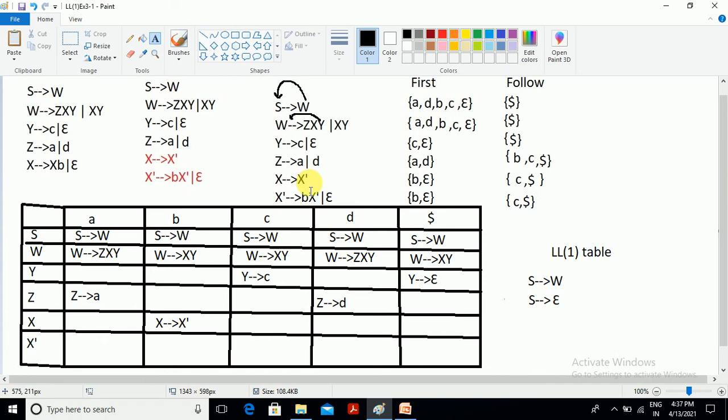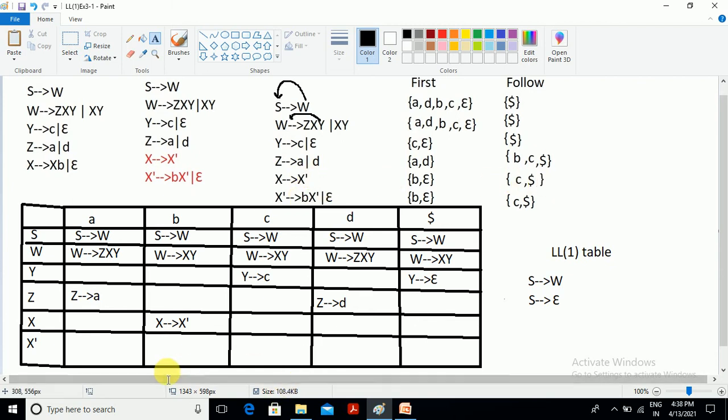One of the first values is epsilon, so X also derives the epsilon. Then we need to write that corresponding production in their follows. What becomes the follows for X? C comma dollar.